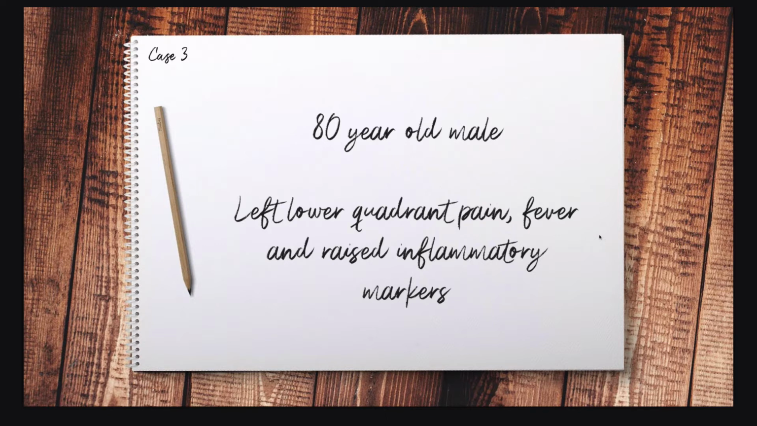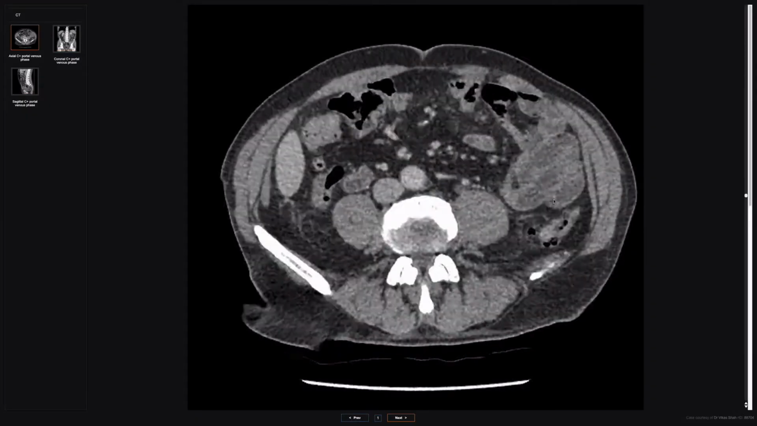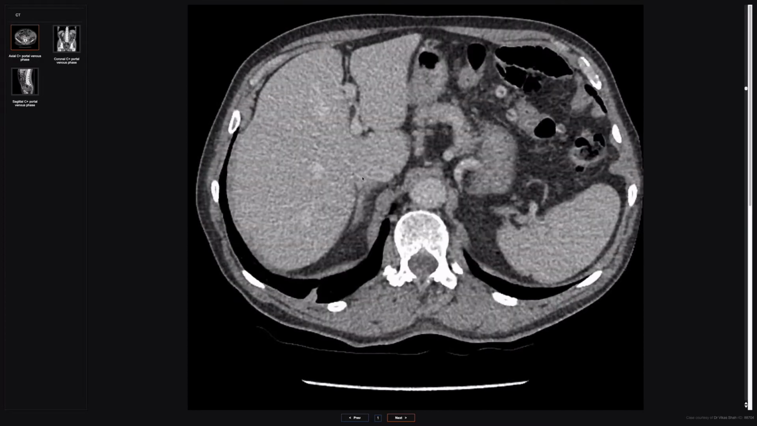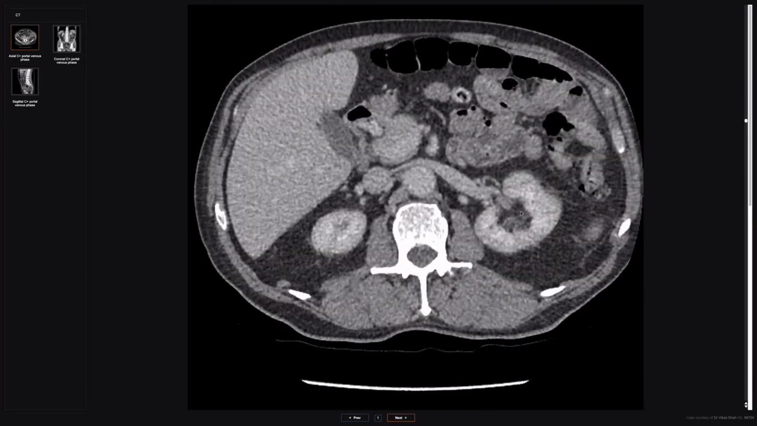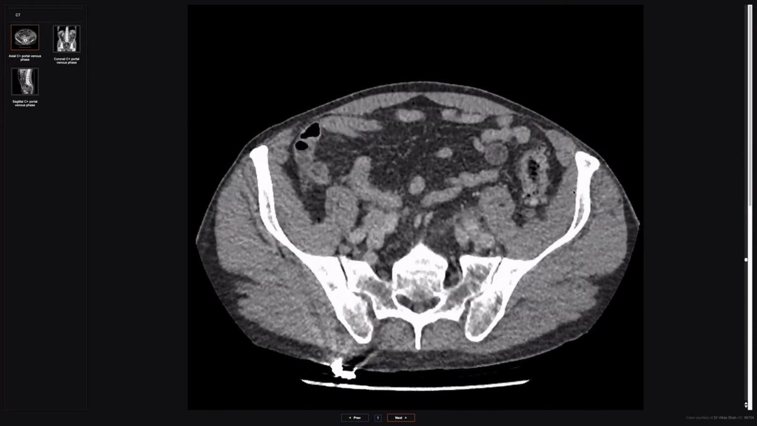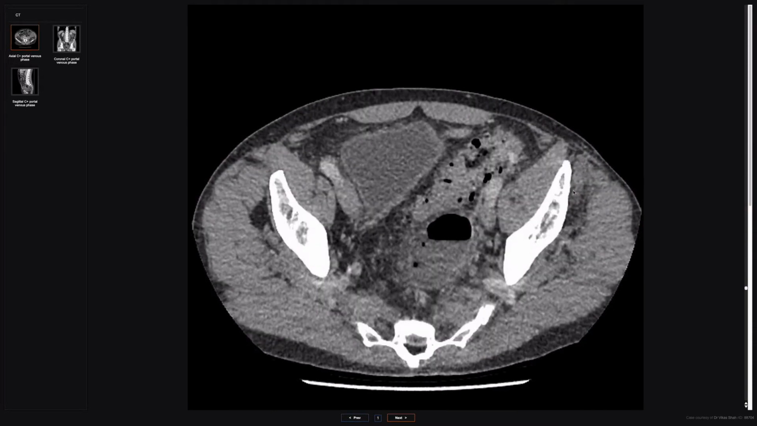Okay, so another example where you would go for a standard single phase post-contrast portal venous phase study. 80-year-old male, left lower quadrant pain, fever, raised inflammatory markers. So again, we see a nice uniform enhancement of the spleen and liver and the kidneys as well. And this time, the symptoms again do localize to where they've told us, left lower quadrant, where you've got quite